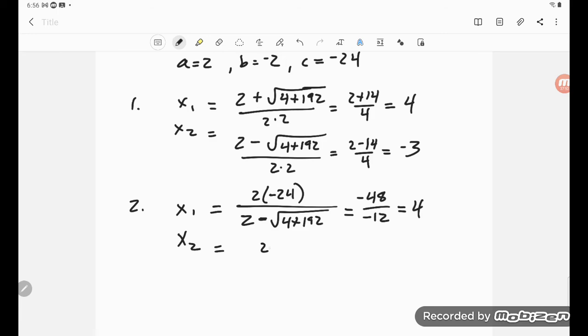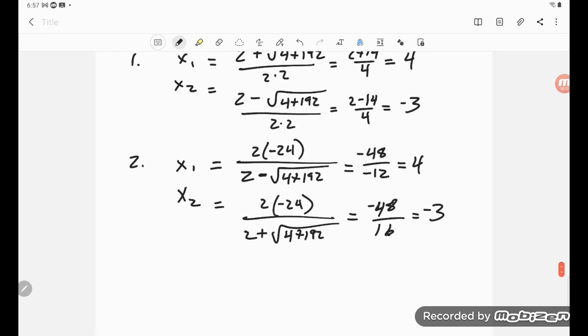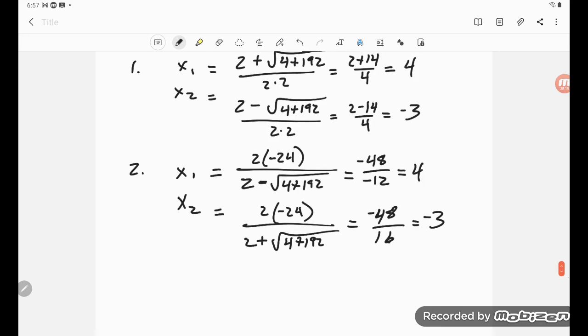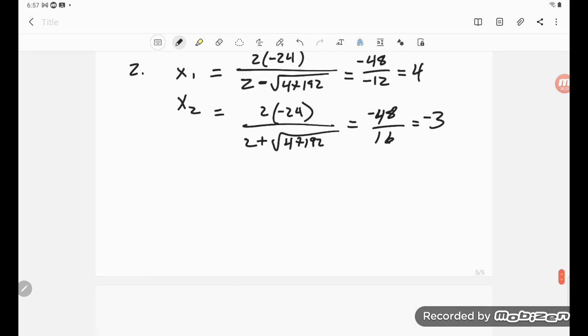And now if we use the plus, 2 plus the square root of 4 plus 192 equals negative 48 over 16, and so we get our negative 3. And so you see, we get the same answers, but the big difference here is that if our b is negative,